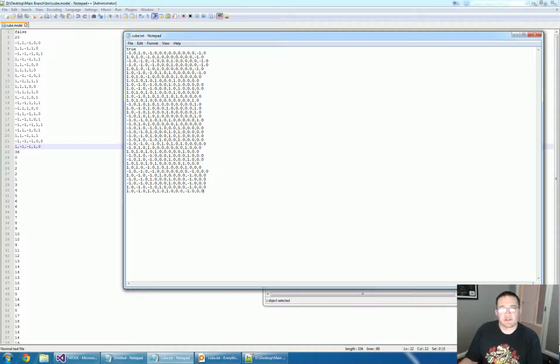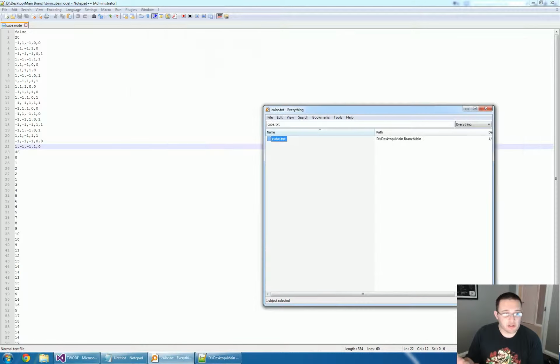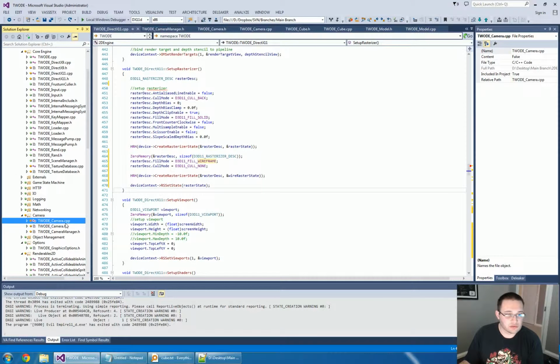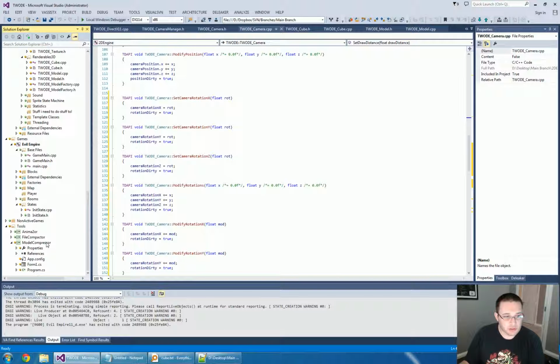It's just a description: the first three are the XYZ coordinates, the next two are the texture coordinates, and the next three are the normal coordinates. Normal X, normal Y, normal Z, which is the lighting. At the moment it's not lit. I'm working on that. And then I made a tool to